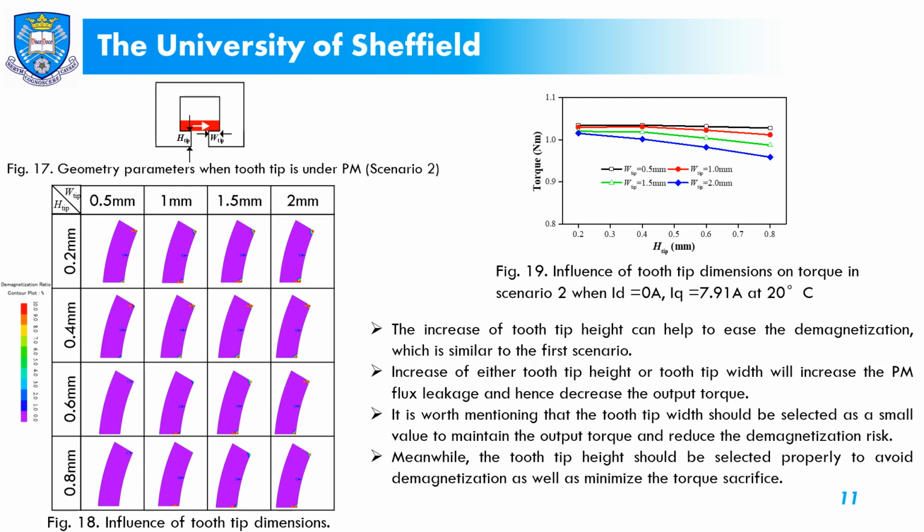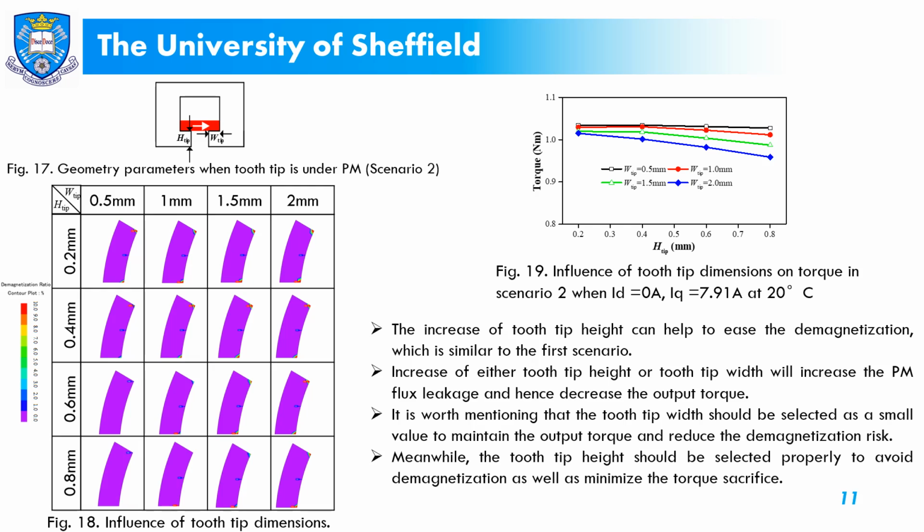The second scenario is to put the magnet over the tooth tip, and the tooth tip is defined using H-tip and W-tip. From Fig 18, we can see that increase of tooth tip height can help to ease the demagnetization, which is similar to the first scenario,